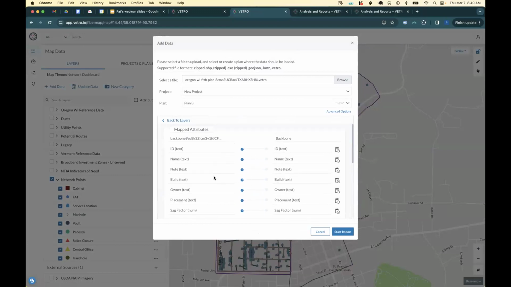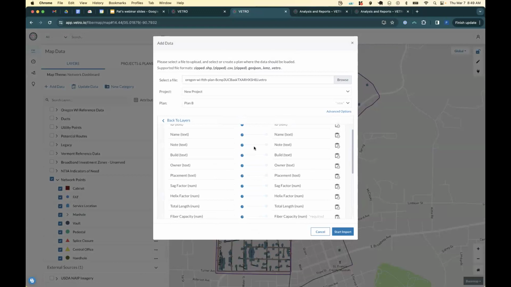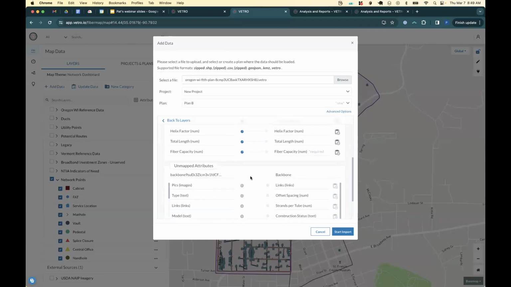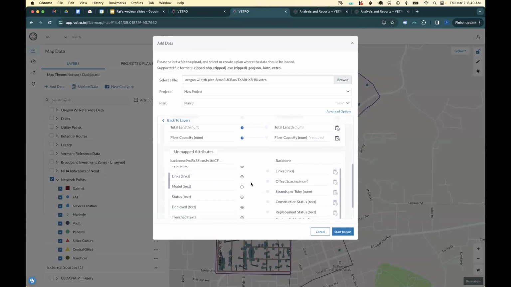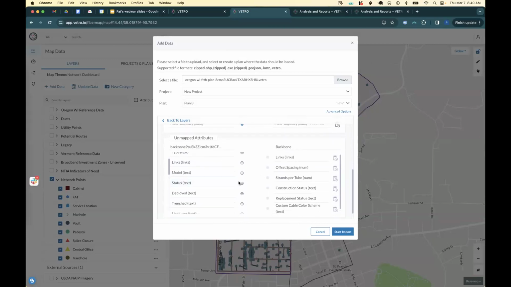And a lot of these get auto detected. If the name is the same in one instance to another, as it often is, that'll get automatically mapped. But for some things that aren't obvious, you can set that up. So you might have a text field called status, mapping that to construction status. So if I just click and drag that over and add that to the mapping,